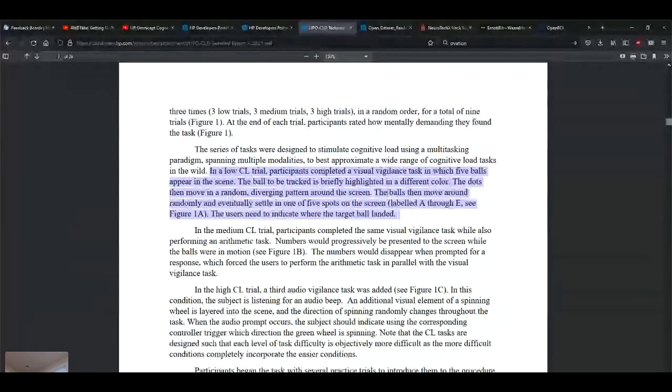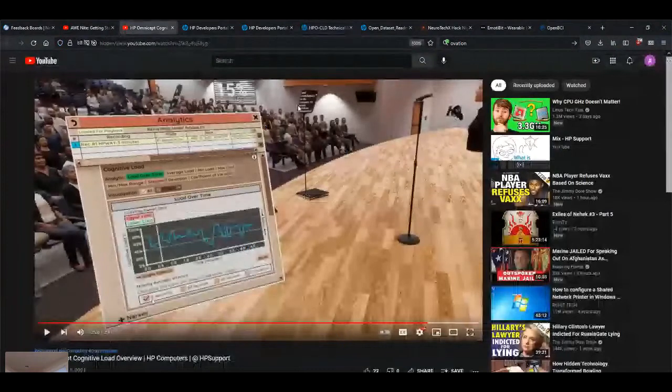The balls move around randomly and eventually settle in one of 5 spots, A through E. You need to say where it landed. So you need to track it through the distractions. It sounds similar to